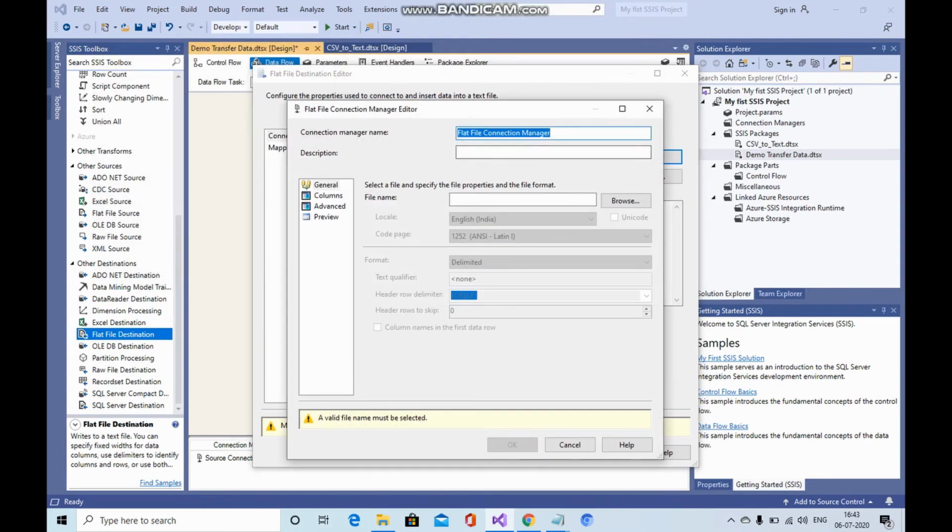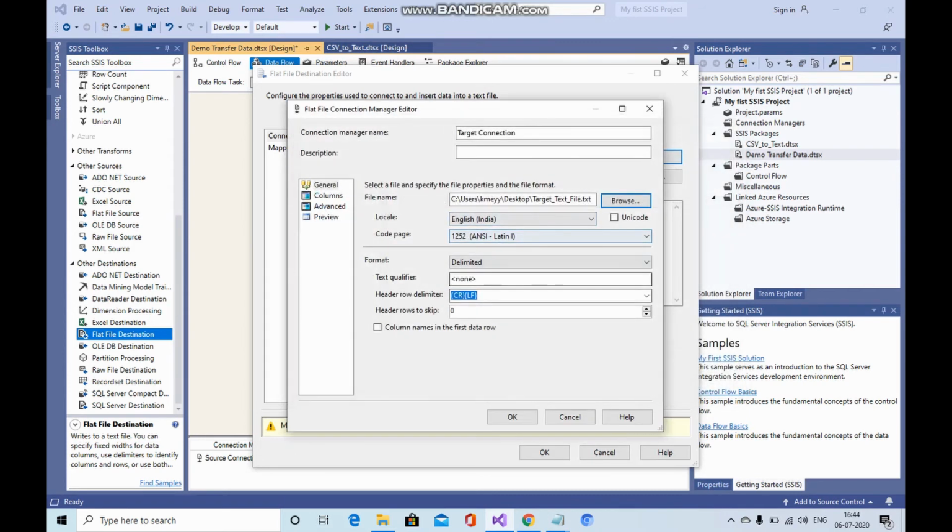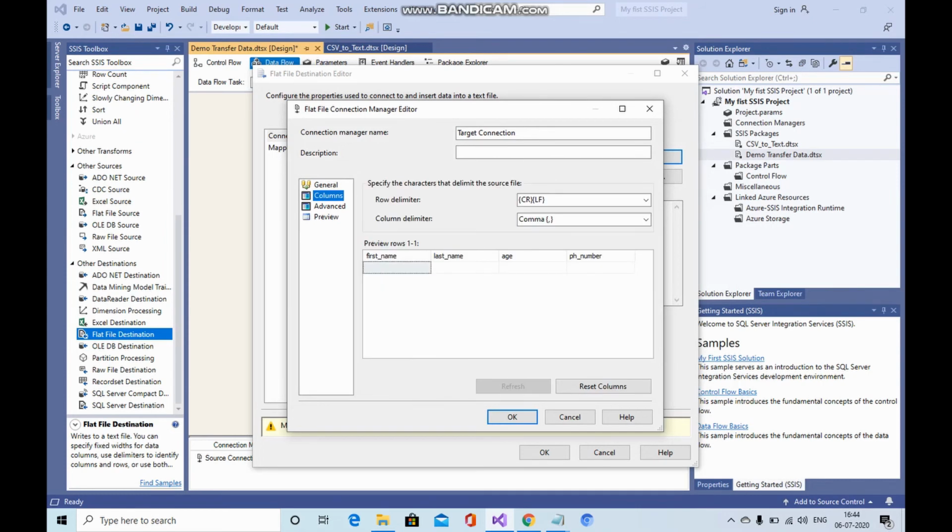Click OK, and rename this to target connection. Earlier we created the source connection; this is the target connection. Select the target text file. Earlier we selected the CSV file, because in our demo today we are going to move CSV to the text file. Just click OK, and for the columns, confirm everything is first name, last name, age, phone number. The column delimiter is a comma.